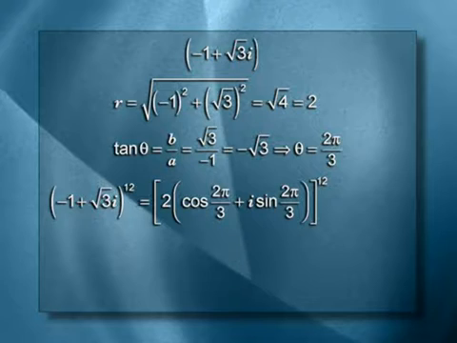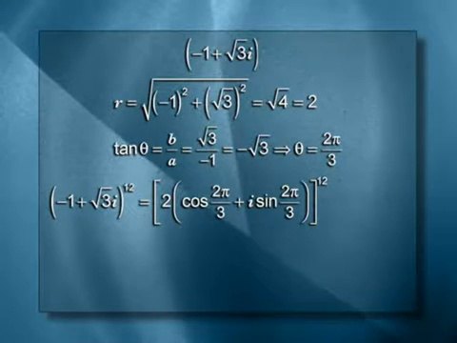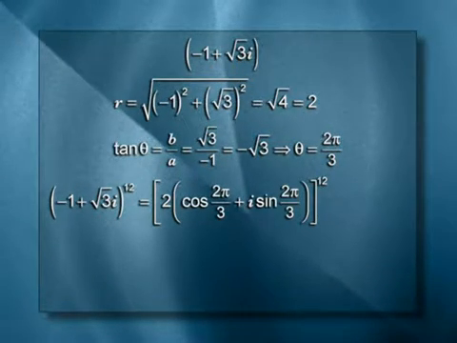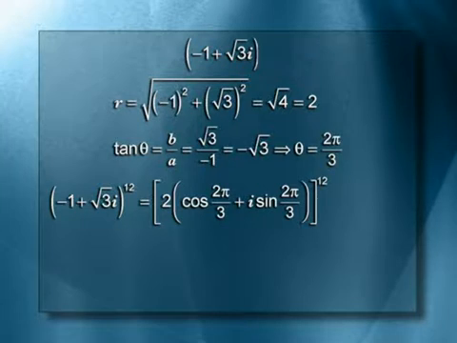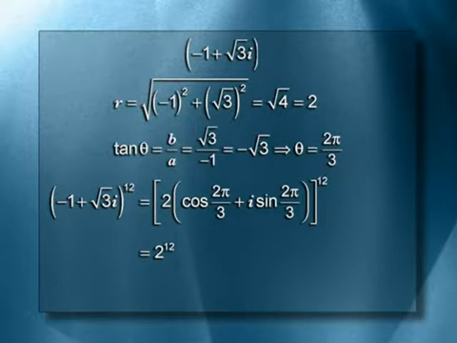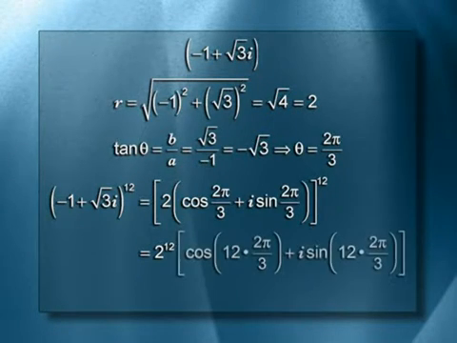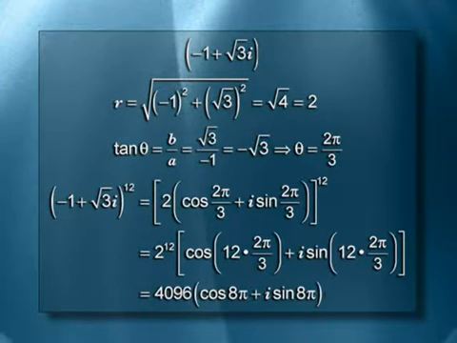In trigonometric form, it's 2 times the quantity cosine 2 pi over 3 plus i sine 2 pi over 3, and that whole thing gets raised to the 12th power. What did de Moivre's theorem tell us to do? Well, the modulus part, the 2, just gets raised to the 12th. That's easy. And what about the angle? Well, it's cosine of 12 times the original angle. So it's 12 times 2 pi over 3 plus i sine of 12 times 2 pi over 3. Pretty nice, isn't it? And that can be simplified to cosine 8 pi, 24 over 3 is 8, plus i sine 8 pi, and outside is 2 to the 12th, which is